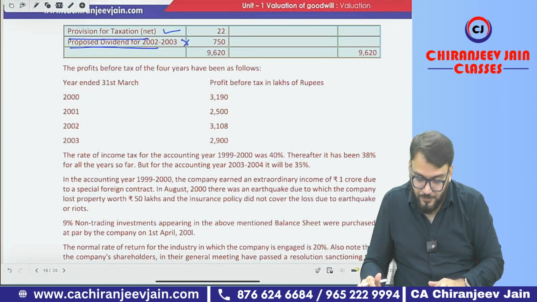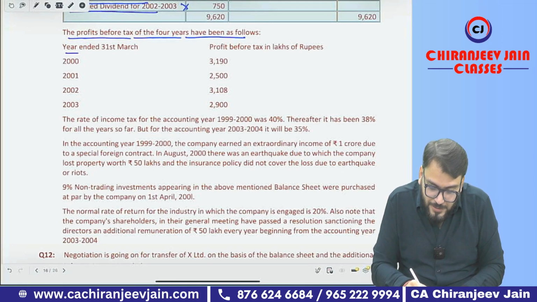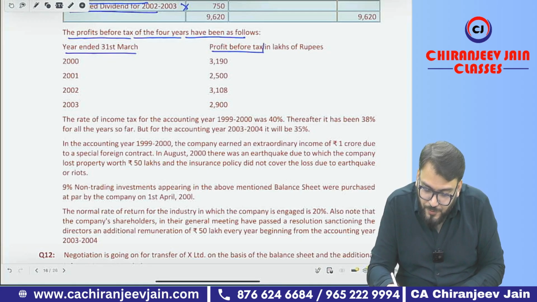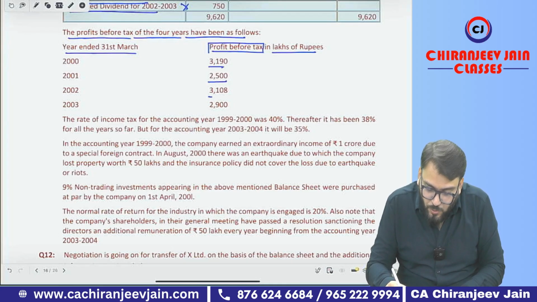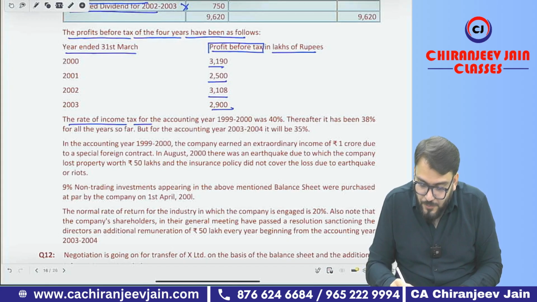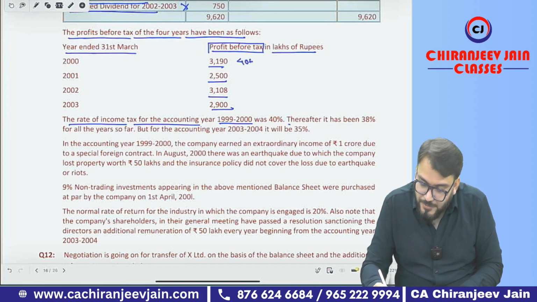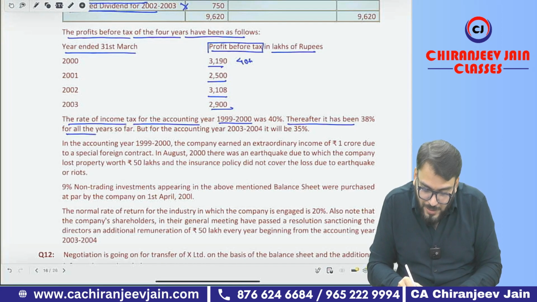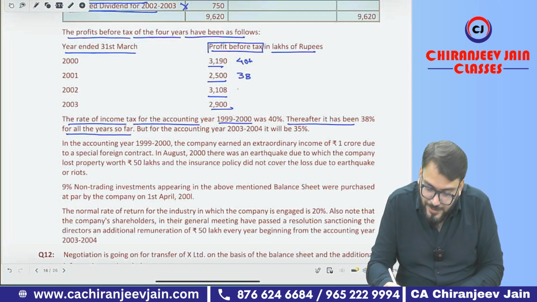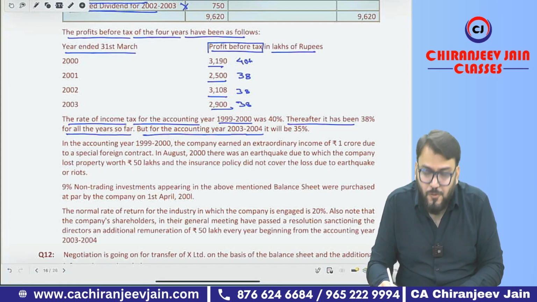Okay, yes, sir. The profit before tax of the 4 years has been as follows. Year ended 31st March, they have given profit before tax in lakhs. So they have given 4 years' profit. The rate of income tax for the accounting year 1999-2000, the first year, was 40%. Thereafter it has been 38% for all the years so far: 38%, 38%, 38%. But for the accounting year 3-4, which means a future year,